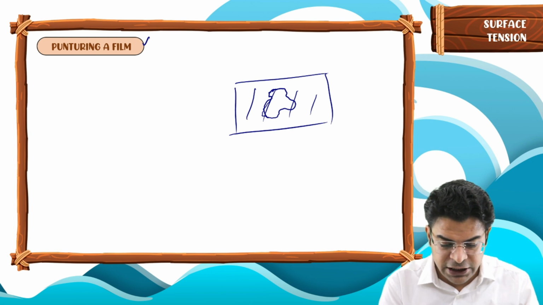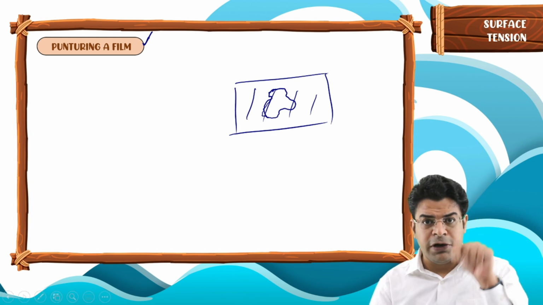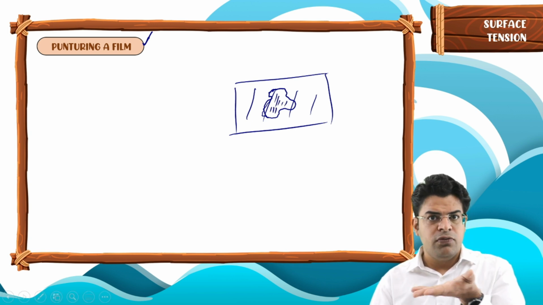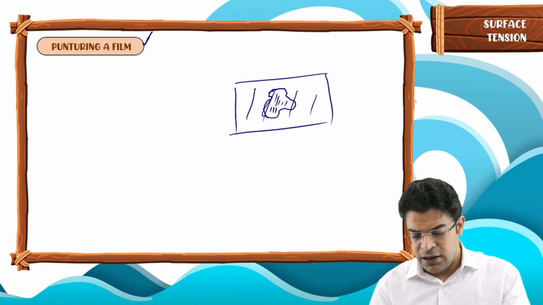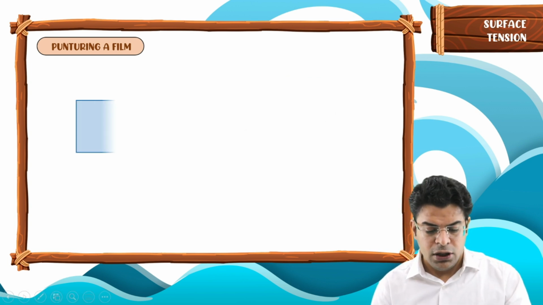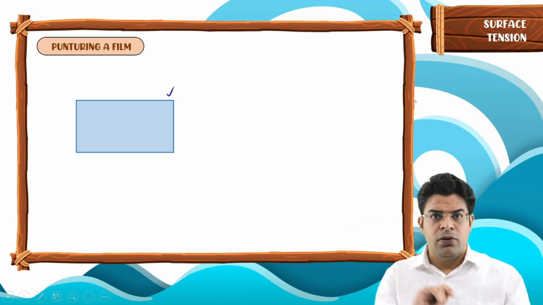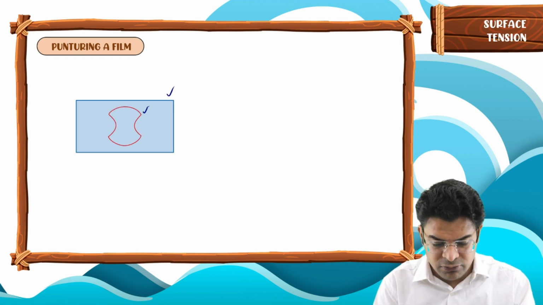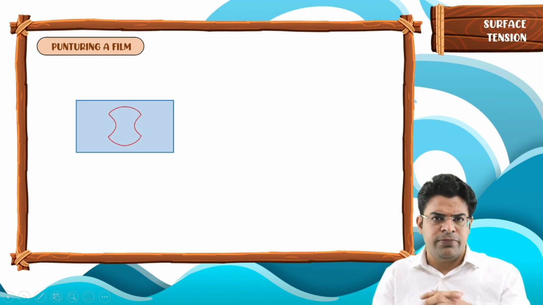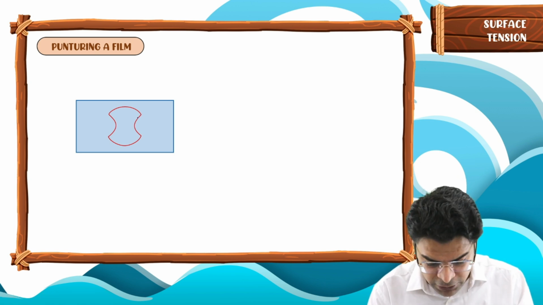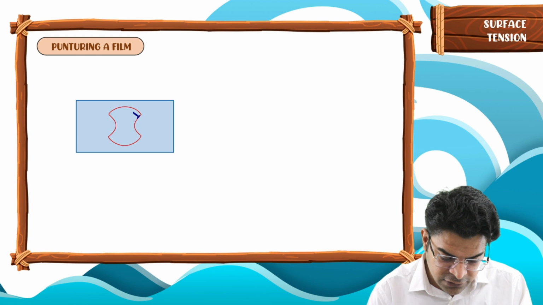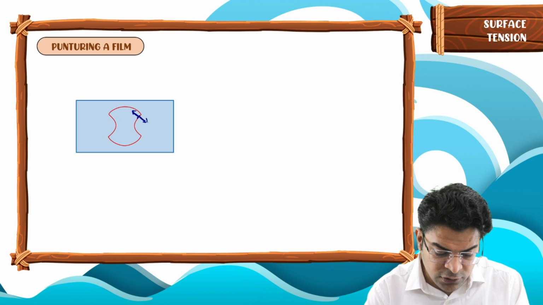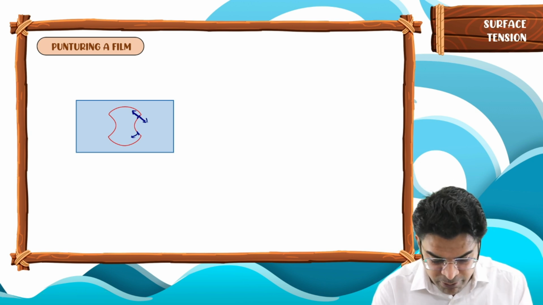Now when I am saying puncturing the film, we are going to puncture the part of the film within the loop. So this is how we get a thread loop on a film, and we are going to puncture the inner part. So visualize a soap film created on a rectangular loop. Now we have placed a thread, and this thread has got a random shape. Now if you look at one small part of it, there will be a force of surface tension because of the fluid inside, as well as a force of surface tension because of the fluid outside, and this type of force will be present everywhere.